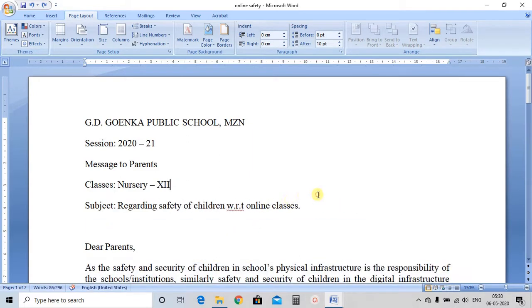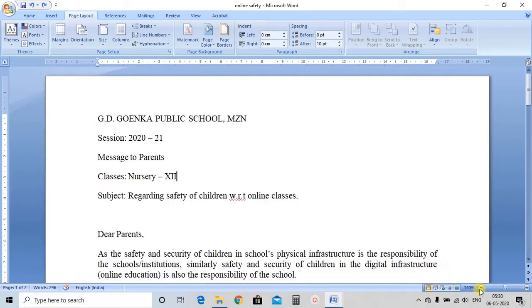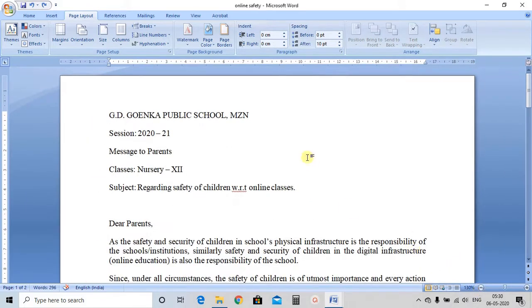Now the next thing we will cover, that is managing headers. How to manage header? So let me reduce it to some extent. Now what is header? Header means that, see, there is a space coming between the edge of the page and the text, that is called margin. Margin means the space from the edge of the page to the text. Now when we talk about margin, we can increase or decrease the margin.